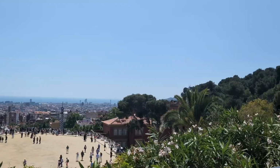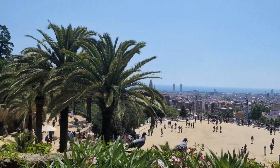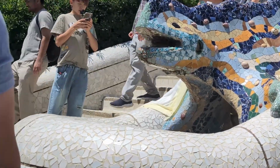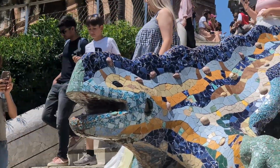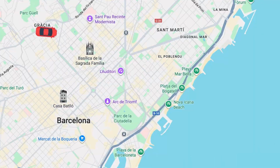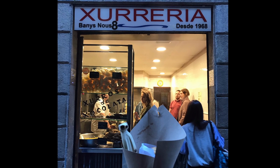It's just incredible. The thing we love about Gaudi is the whimsy in his art and how inspiring it is even for our kids. We had the best time, but we also needed to get those churros and get back to the airport. So we made our way from Park Güell all the way down to Las Ramblas into the city center of Barcelona. It was a long journey, but somehow we made it, and it was so fun